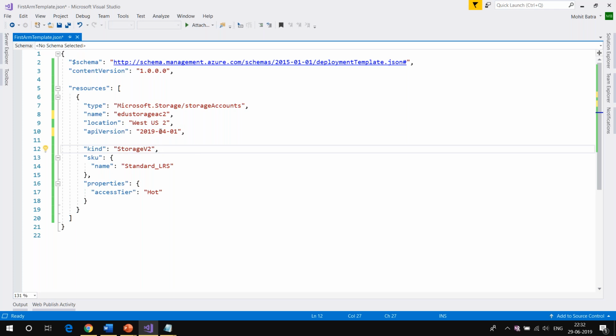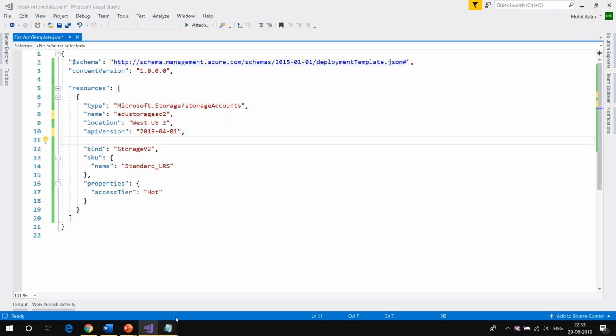Whenever you are passing this ARM template to the Azure Resource Manager, there you will tell the Azure Resource Manager what the subscription is and what the resource group is. So you cannot mention your resource group in the ARM template. What does that mean? This means that you cannot deploy resources in multiple resource groups using the same ARM template.